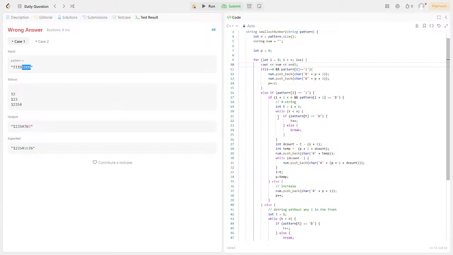So if this is IDTTT like this, then in that case we have to estimate D counts, which is correct. Like the D count is correct, right? T is from where we have progressed. We started with I plus 1, which is D, right, which is a D,